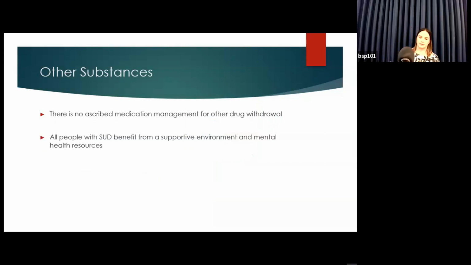There's no medication for the withdrawal or chronic management of any other substances. For things like methamphetamine, there's some emerging thinking that, since it's an amphetamine problem, we could use Adderall to treat it, but nobody's doing that on label. For cocaine, which, as I said, is a really big emerging problem, there are some studies looking at using topiramate. The data is kind of equivocal, but because we don't have good options, people are trying it.